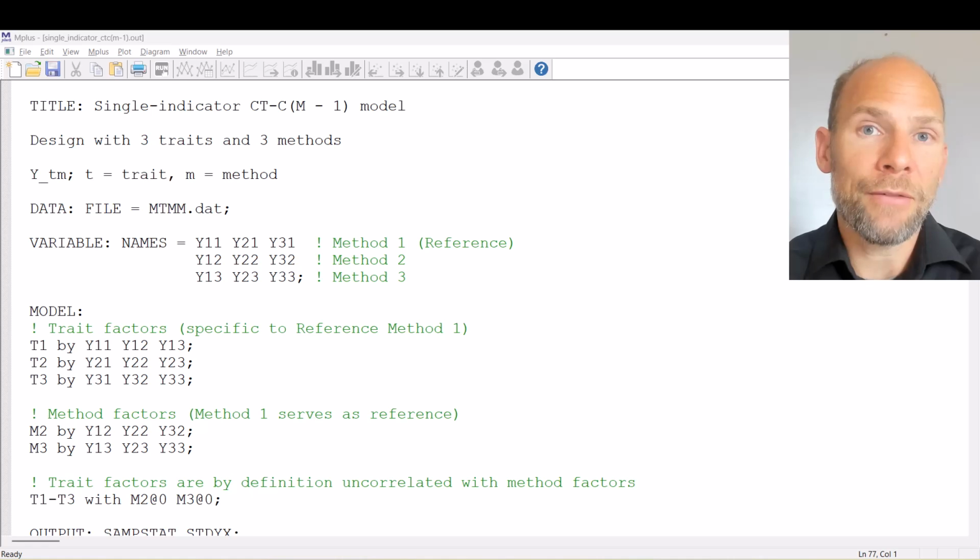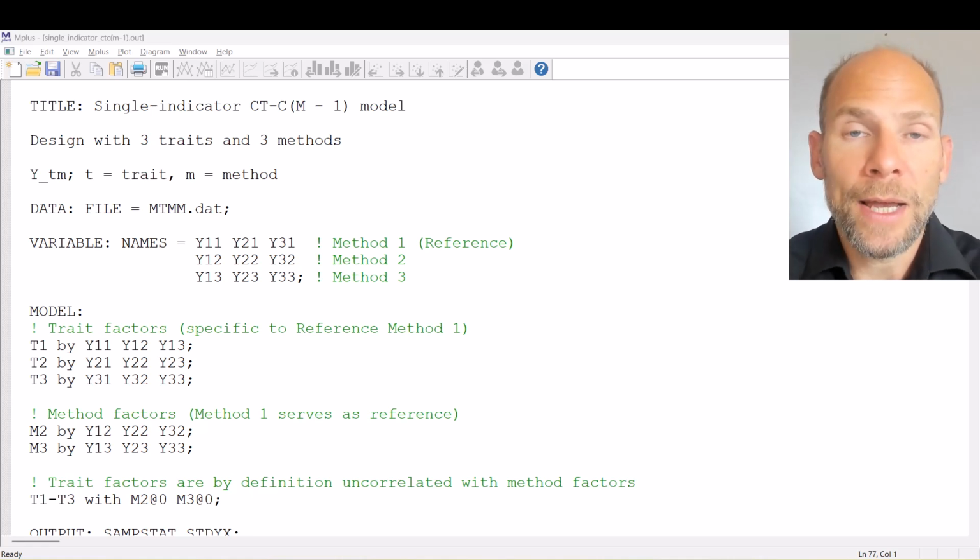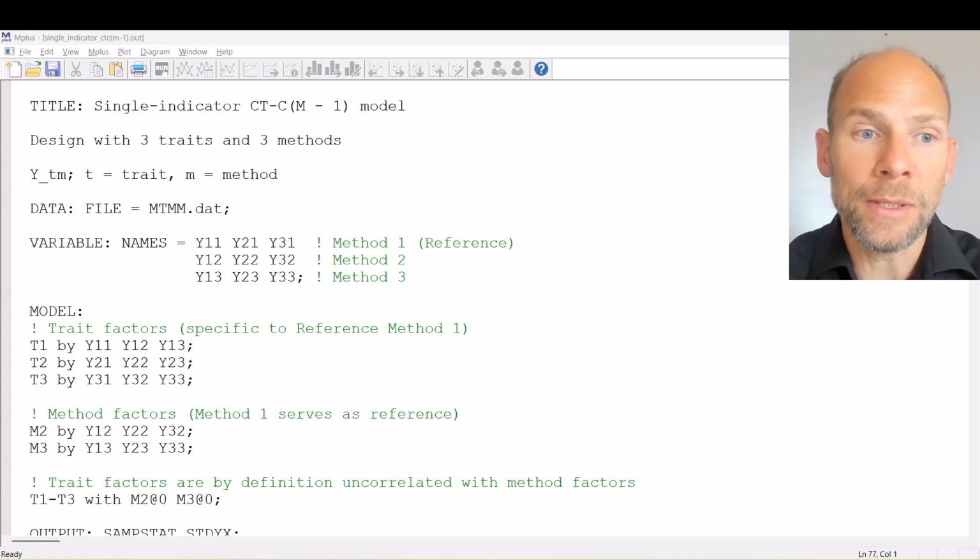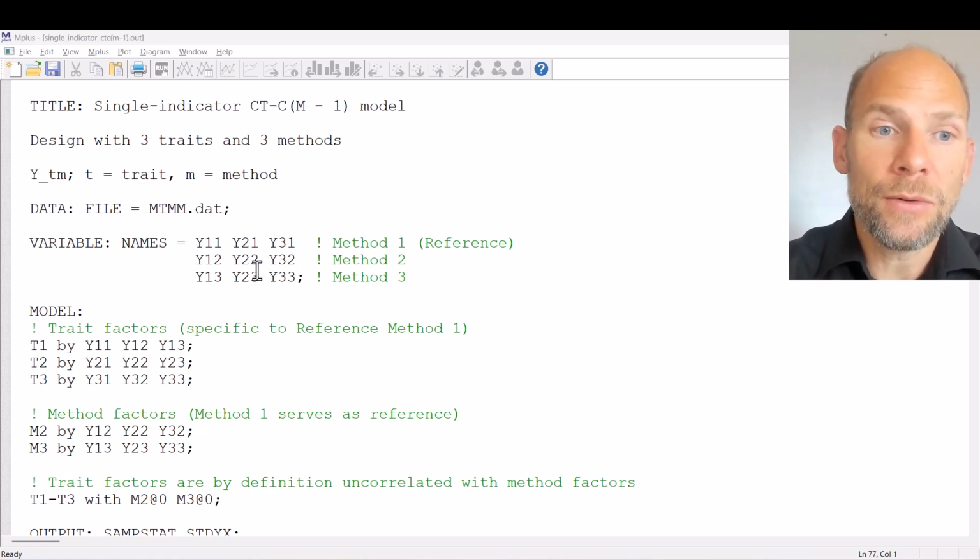And so then I have a design where each variable has an index for the trait T and also has an index for the method or rater M. So I have YTM, those are my observed variables, and in the names list here you can see that results in 3 by 3 equals 9 variables, where